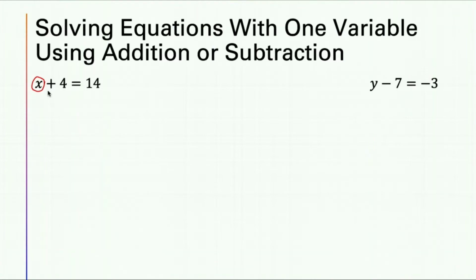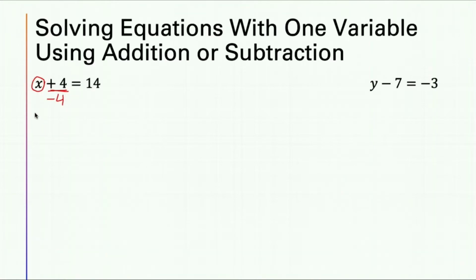So we can see that this 4 here is being added to our variable, x. What we want to do is remove that 4 and move it here. But how are we going to do that? Because there's this equal sign over here. Well, we're going to use the inverse operation, subtraction. We need to subtract the same amount from this whole side so that the 4 cancels out and moves to this side instead. So what we do is we subtract 4 from the expression x plus 4.